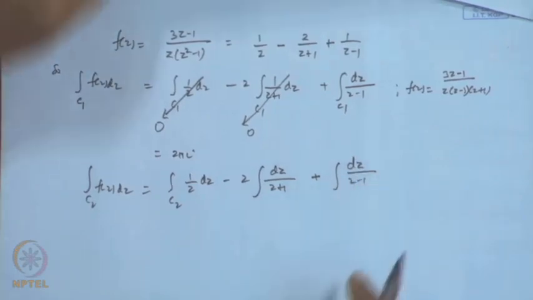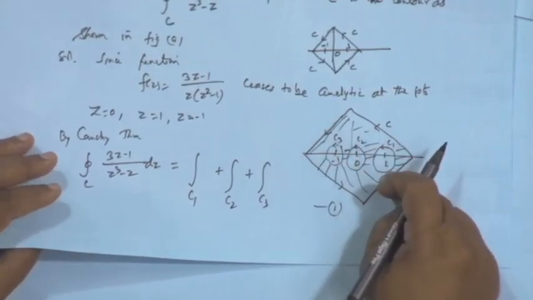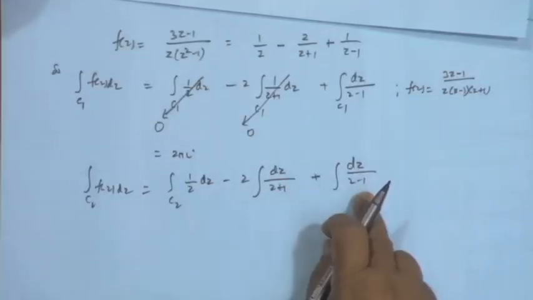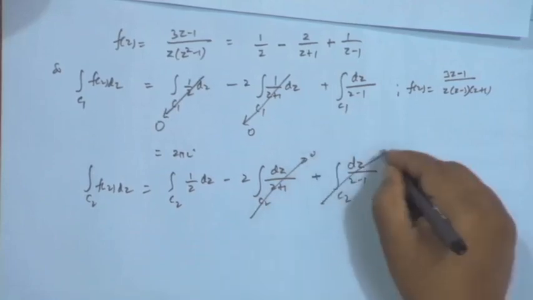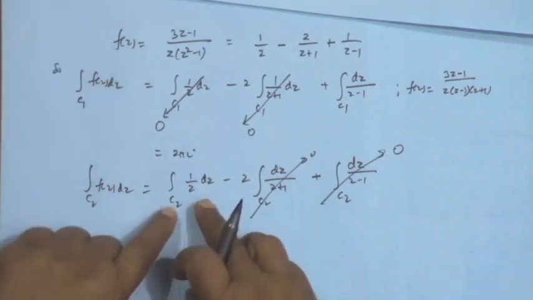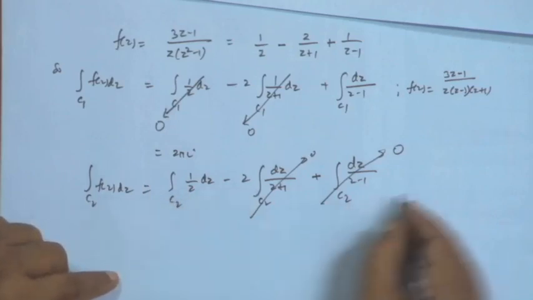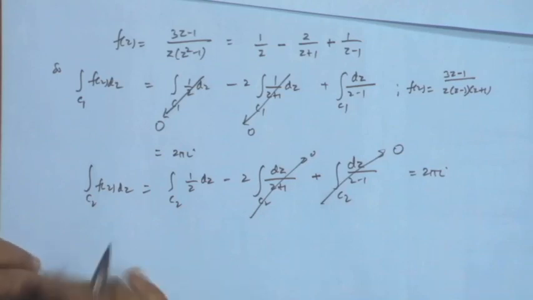Where is C2? C2 is the contour which encloses 0. So, minus 1 and plus 1 are outside. It means 1 by z plus 1 and 1 by z minus 1 become analytic, so these are 0, and only z equal to 0 will give the value. If you compute with z equal to r e to the i theta, the value will come out to be 2 pi I. Now, third case,